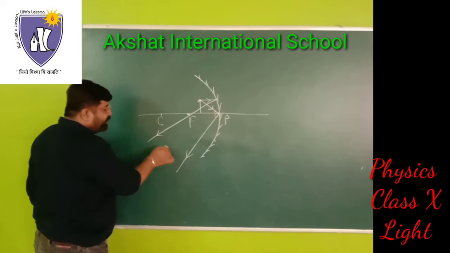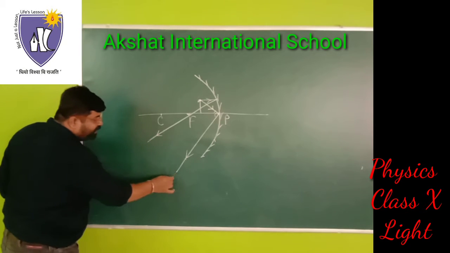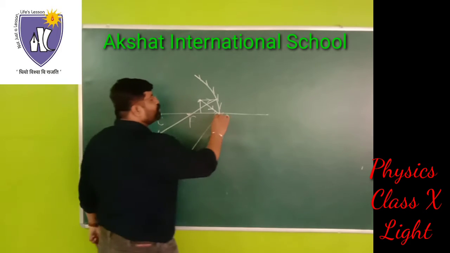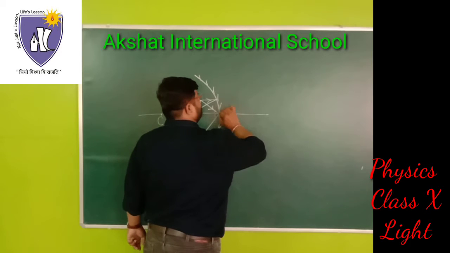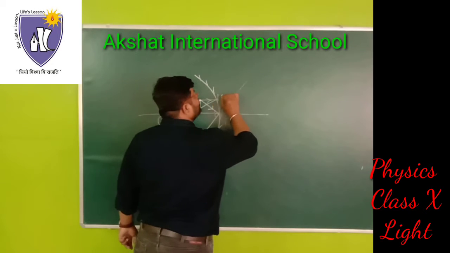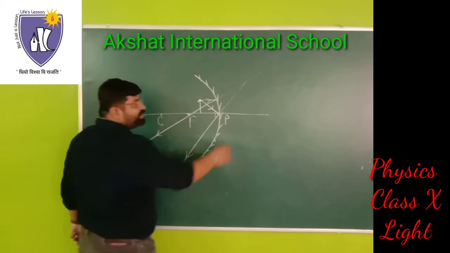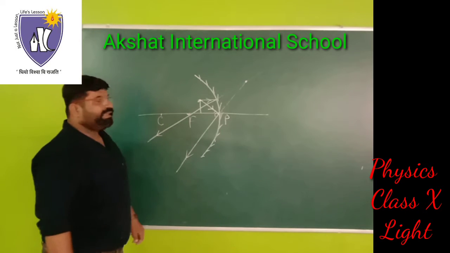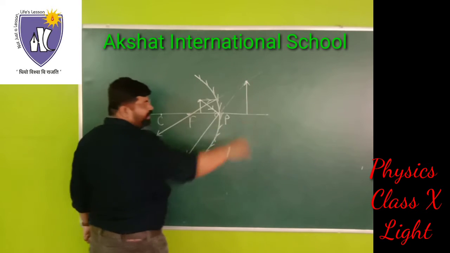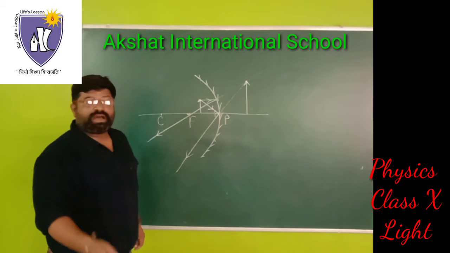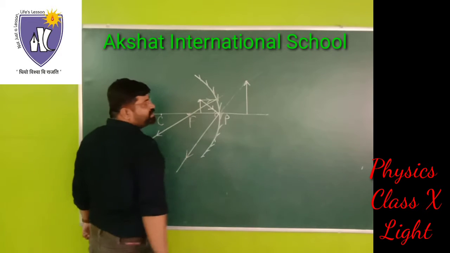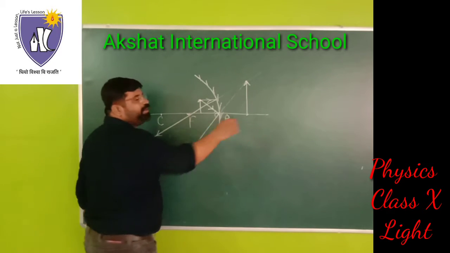Now by geometry we can see that these rays never intersect each other really. So we extend these rays behind the mirror. With a scale you can draw it very properly. We'll extend this also, and we will see that these rays are intersecting each other virtually. So here we form an image which is a virtual image. In this case, the image formed is virtual and erect, and it is formed behind the mirror.